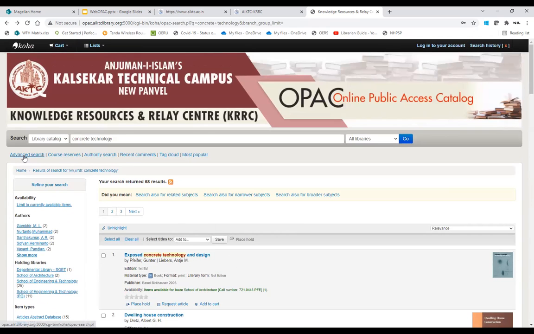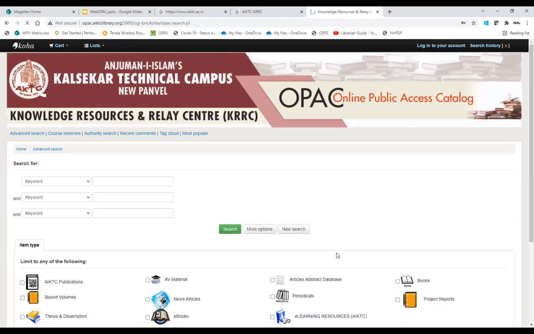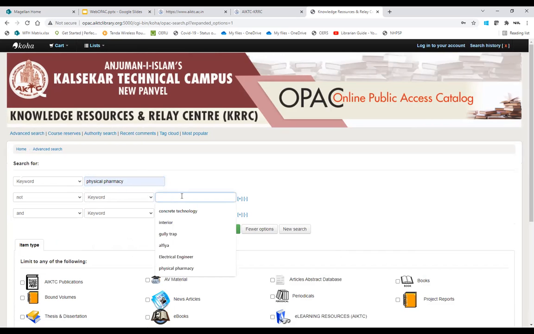You can also do the advanced search. Keywords: suppose you want physical pharmacy and pharmaceutics. More options. So I want books on physical pharmacy, but should not cover pharmaceutics.